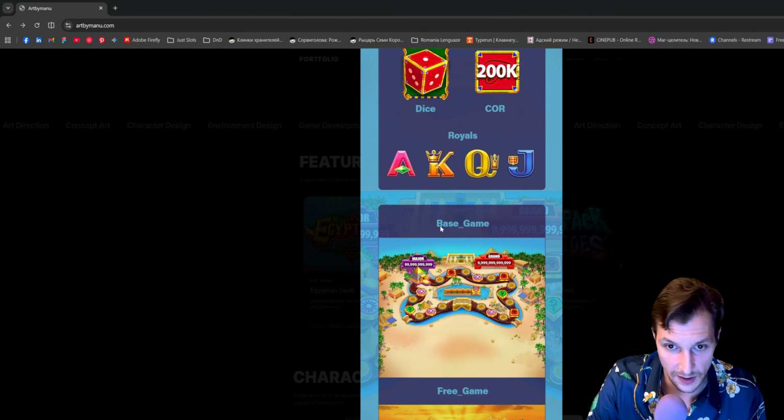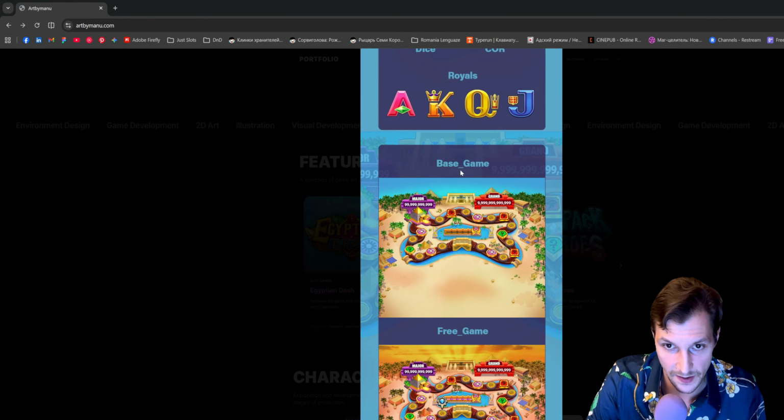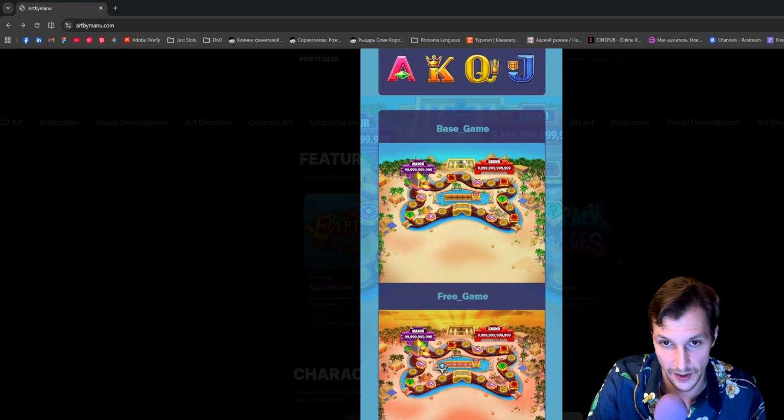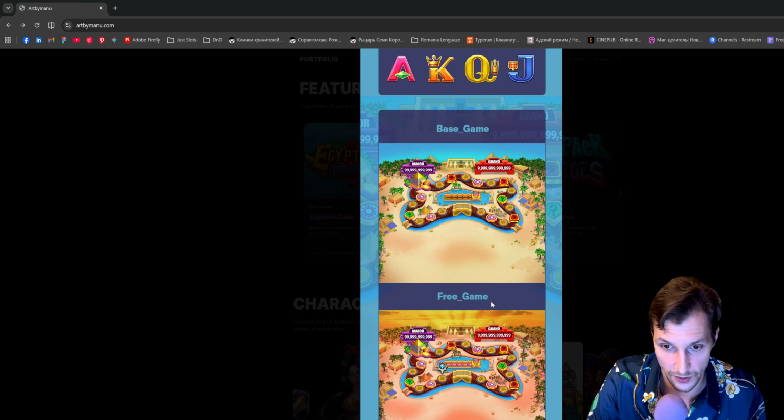The same titles, based game. It looks like I can see the difference in spaces, the same spaces here. And when we see the next chapter, like free game, free spins or something, it's also missing a bit of spacing. So it's like it goes one after another. The rhythm is too close to me. It should be slightly more separated, not the same spaces. I mean the vertical part.